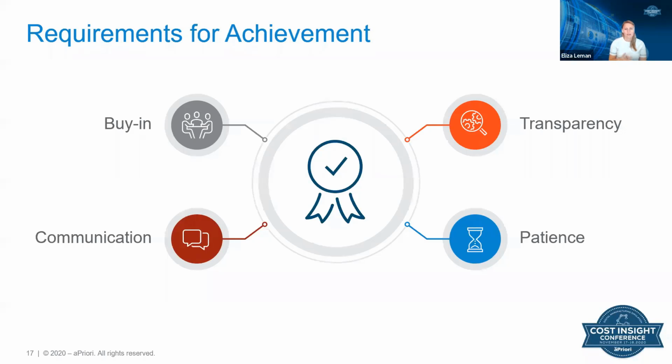And then lastly, and this is probably the most important one, is having patience, because this is going to take a while. Like I said, you're asking potentially for data, especially with the digital factory, that they've probably never shared with a customer before. And it takes a long time to build that trust up